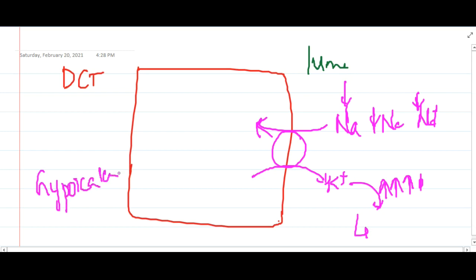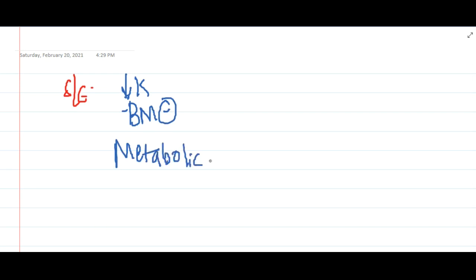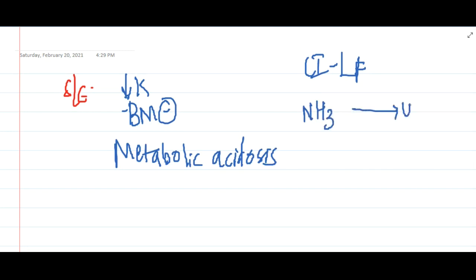Okay, it causes hypokalemia. So if you see the main side effects of these carbonic anhydrase inhibitors, it causes hypokalemia, it causes bone marrow suppression, it causes metabolic acidosis and urinary alkalosis. Then this is contraindicated in liver failure, because in liver failure normally ammonia gets converted to